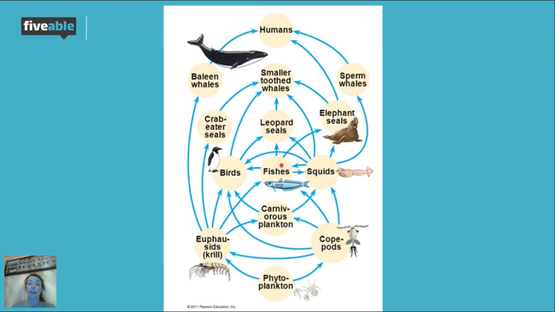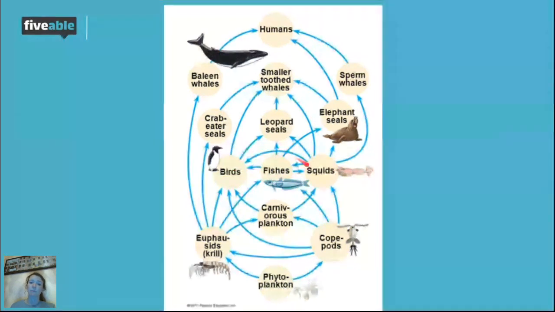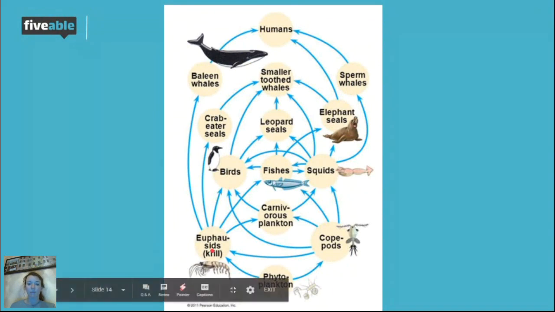So if we remove fish, right, we're going to have a lot of different problems, because now we're losing a food source for birds, for squid, and for seals, right? So the bird, squid, and seals population is all going to decrease. If the bird, squid, and seal population decreases, then so are the smaller toothed whales, the elephant seals, and then potentially sperm whales and baleen whales as well. And then we would probably see an overpopulation of krill and copepods, because those things would be eaten too much